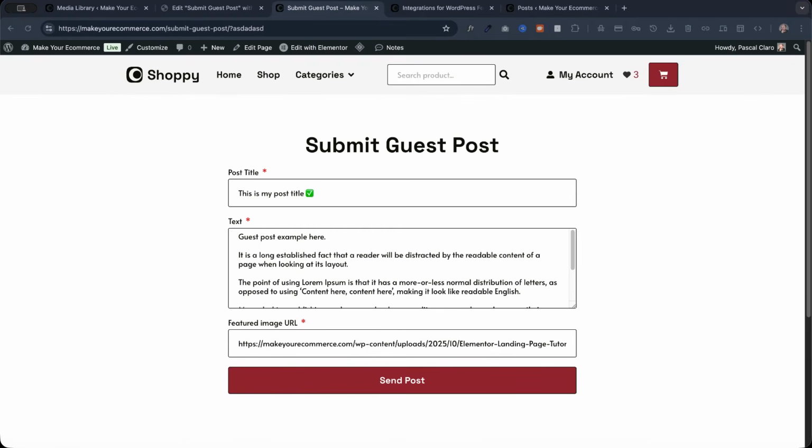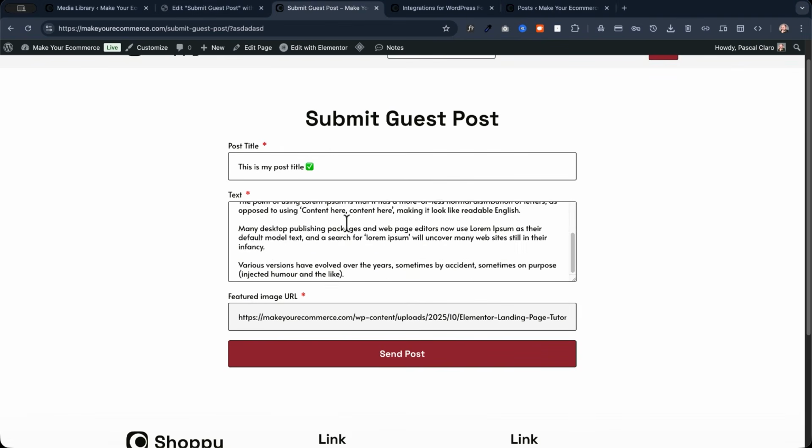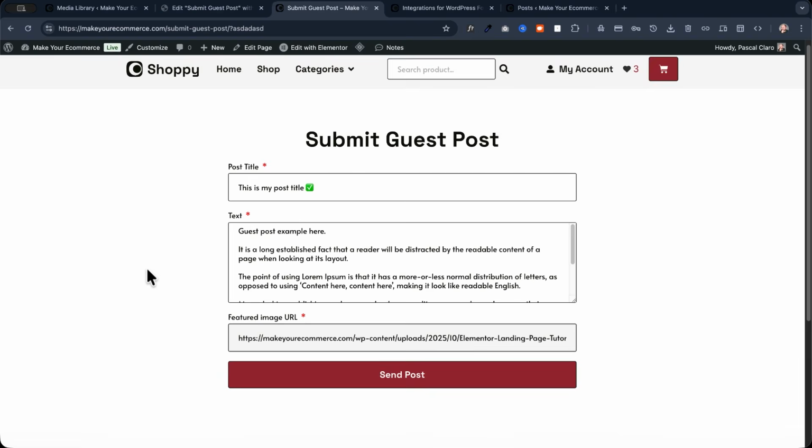Now I have created a custom form that I'm using to receive some guest posts on my website. There is a post title field, a text area field with all the content of my post, and then a featured image URL field. So basically with this simple form, I can click on send post and any logged in user will be able to send me a guest post,